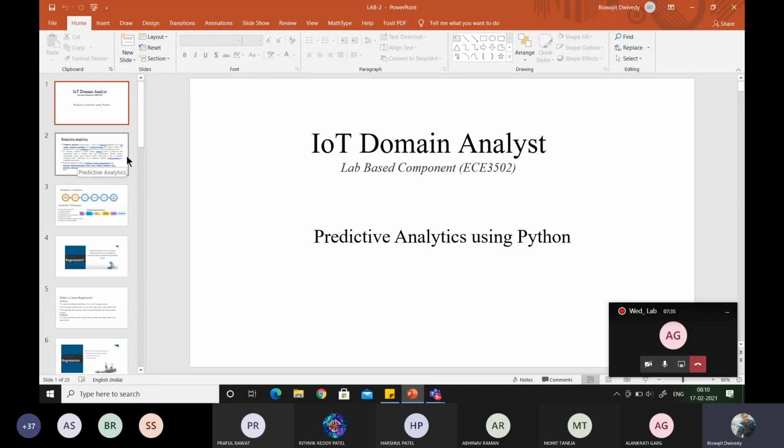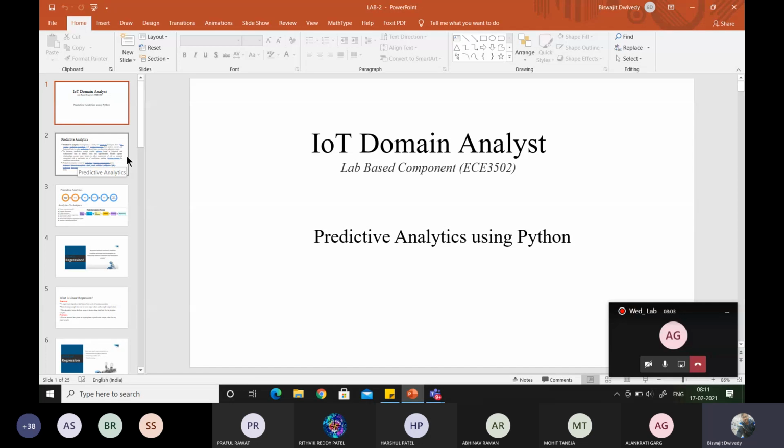One is optimization. I have already told you this several times in your theory classes. Optimization means performance optimization of your product or your IoT solution. We will be collecting the data, analyzing the data, and seeing what faults or problems we are facing in that IoT solution. After that, we will take the necessary steps to overcome those problems.